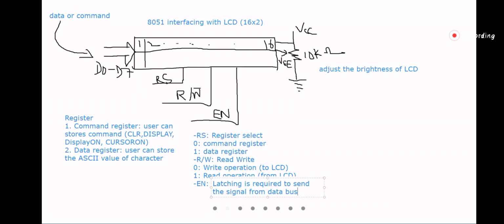Okay, and this latching is done by sending a high to low pulse on enable. Is it clear till this point?